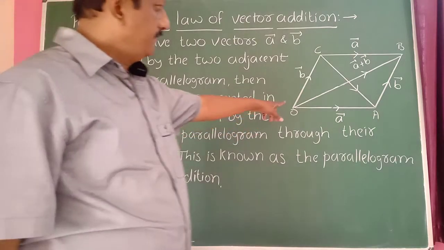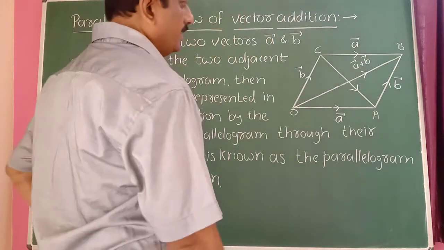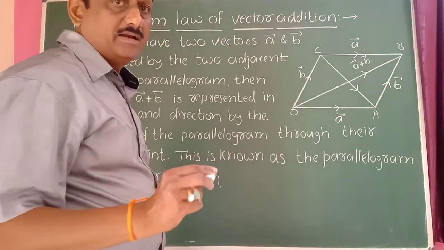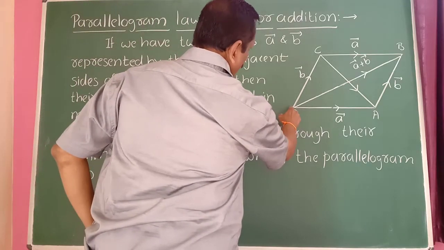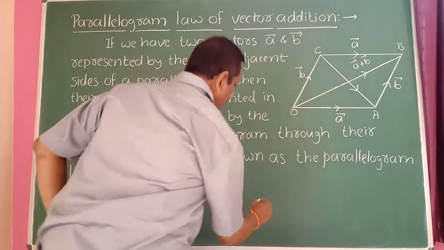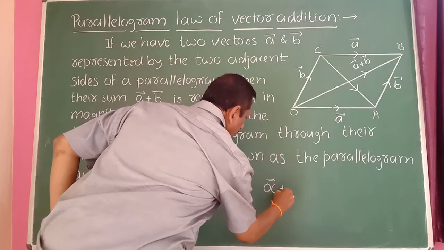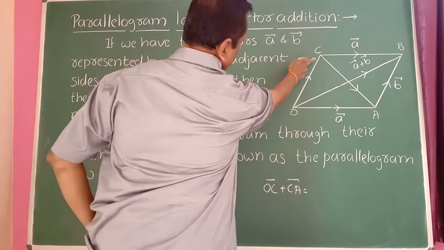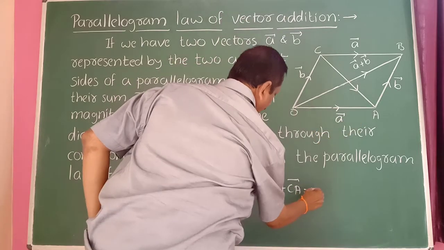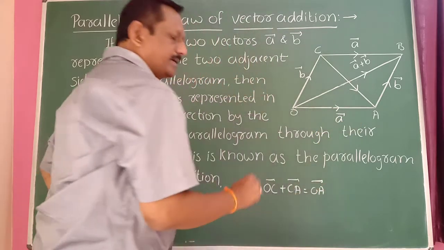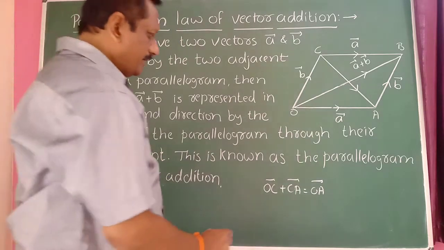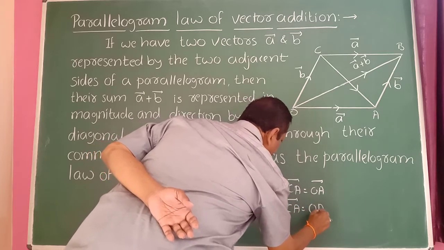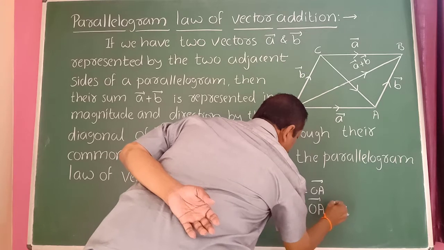So in this case, the diagonal OB is A bar plus B bar here. CA is one more diagonal here. Therefore, you know the triangle of vector addition here. According to the triangle of vector addition, OC bar plus CA bar, OC directions are important here, OC plus CA is equal to OA. It is by the triangle of vector addition here. Take OC to the right hand side here. Hence, CA bar is equal to OA minus OC here.